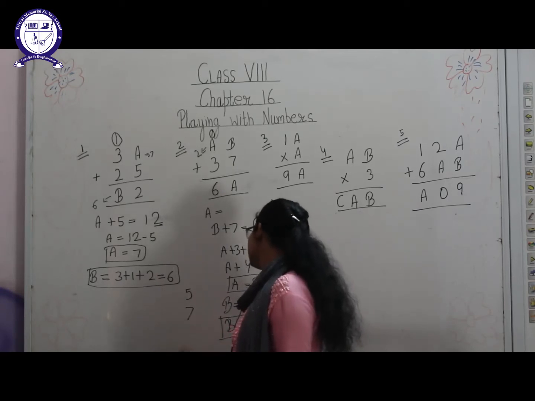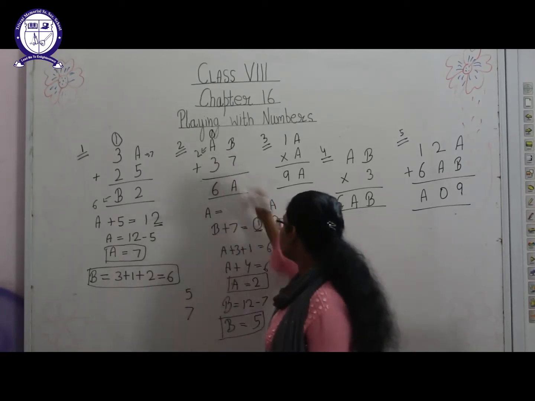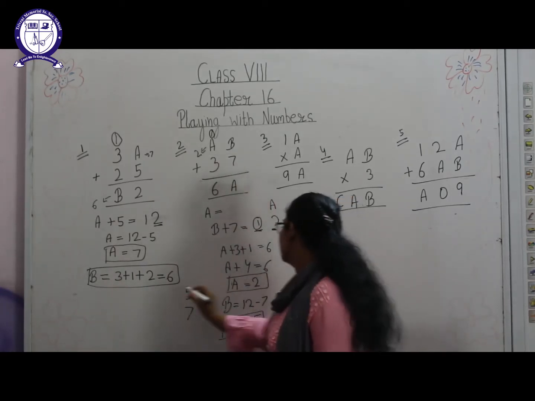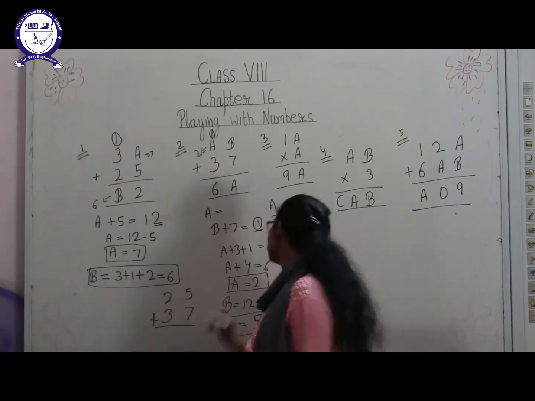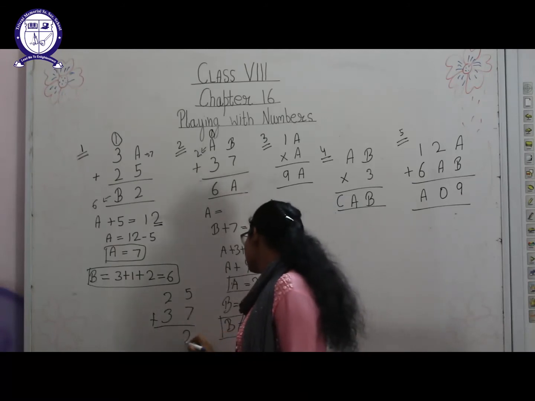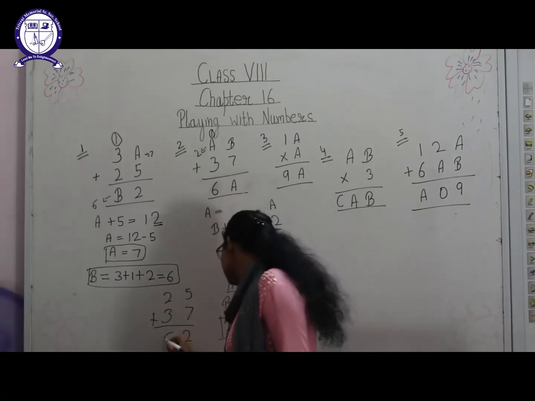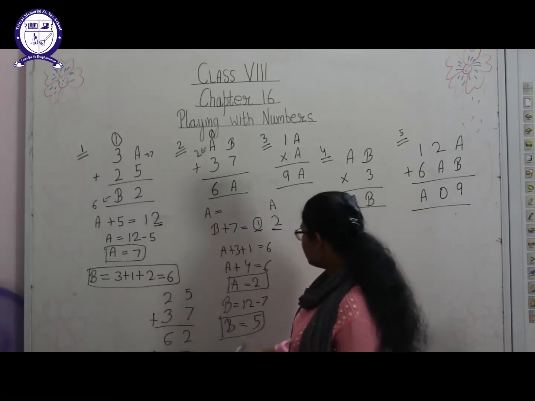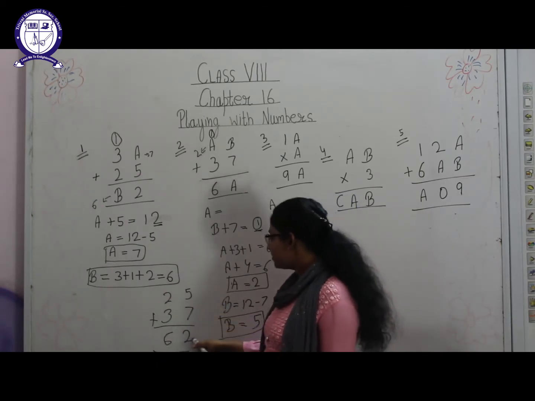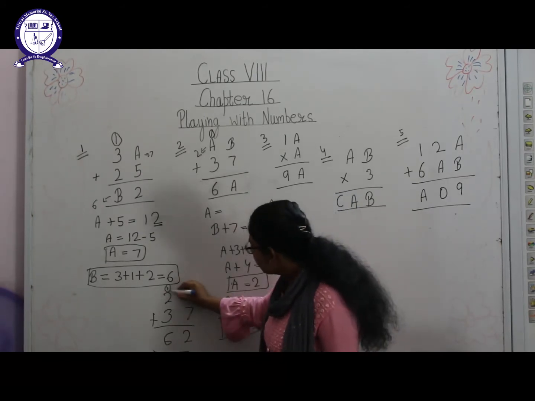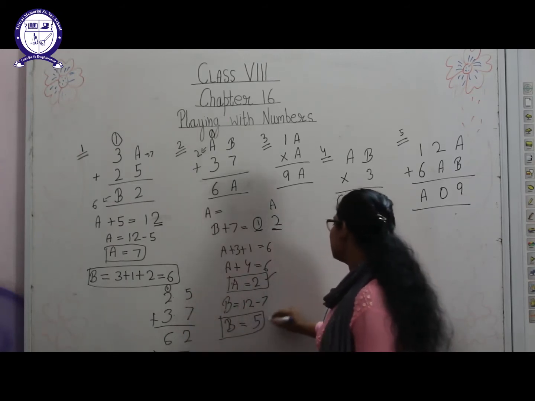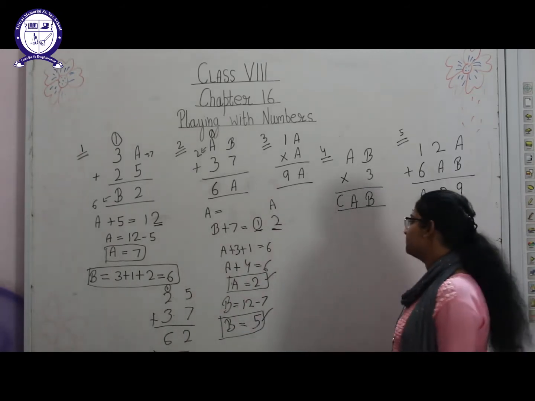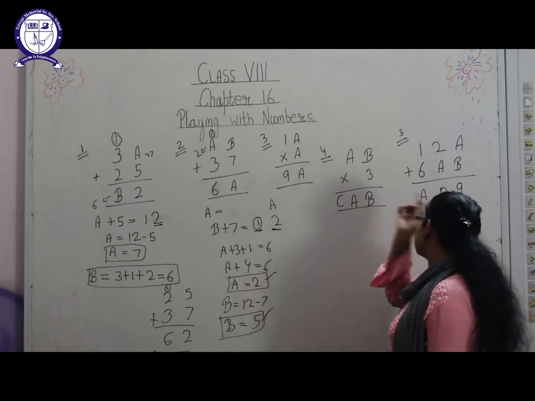Now if we have to add 7, here we have taken the value of A to be 2, so 2, and we have to add 3 in this. What we are getting, the value of A is 2, we will put it here, and we are getting 6 here. Okay, so if we check, 5 plus 7 is 12, 2 here, 1 carry. Now 2 plus 1 is 3 and 3 plus 3 is 6. It means our values are correct here. Now the next question is the third.